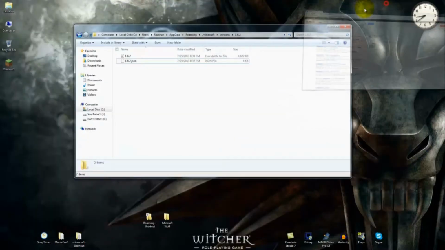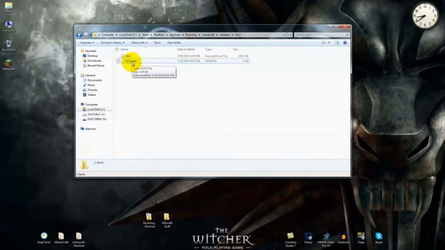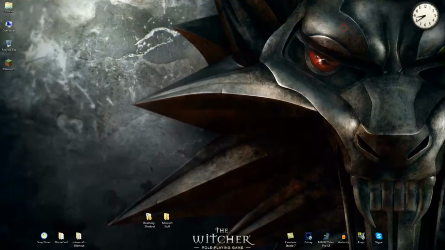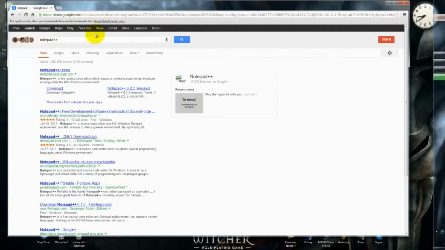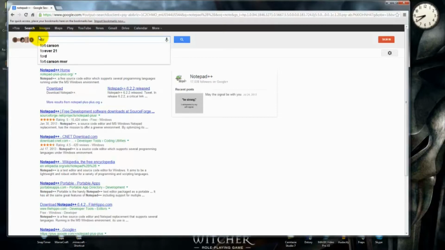Now, the reason you'd have to do that is because you'd have to edit this JSON file so that you can set different things to tell it that you want to run something a little bit different. I didn't do that. Here's what I did. What we're going to do is go to Forge